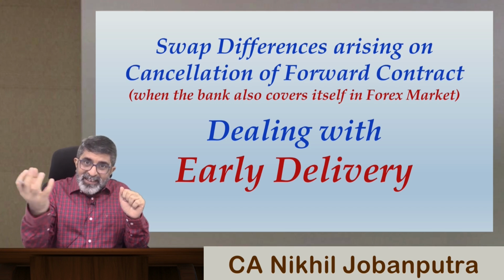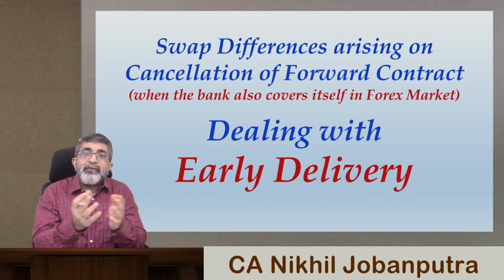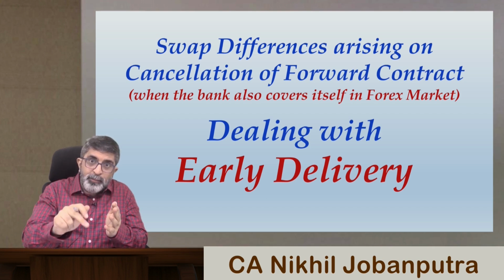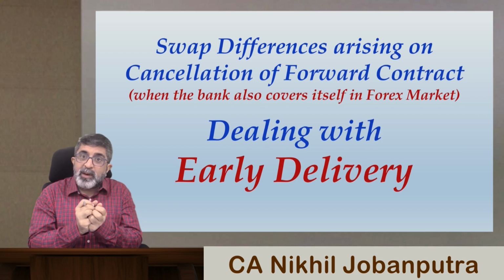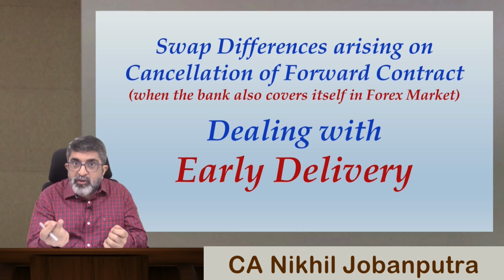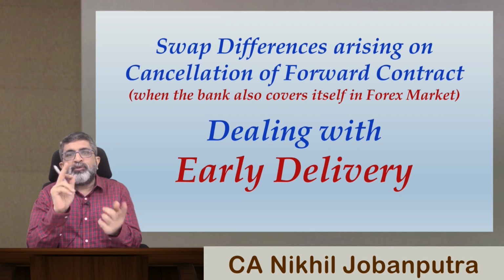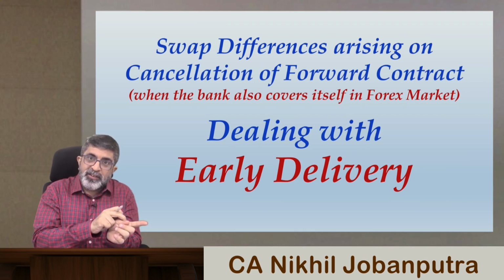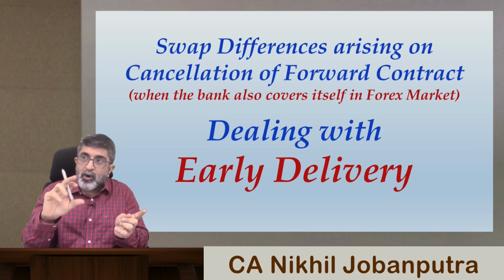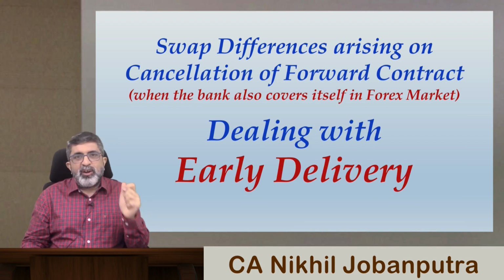On early receipt of that foreign currency, the exporter will have no choice but to sell spot that amount, and whatever be the spot rate, based on that it will have to receive money. But because it has hedged its position, it can execute the contract at the original contracted forward rate, but then the bank will have to swap its position because of the exporter's requirement, and any loss arising to the bank on that swap, the exporter will have to bear that loss.